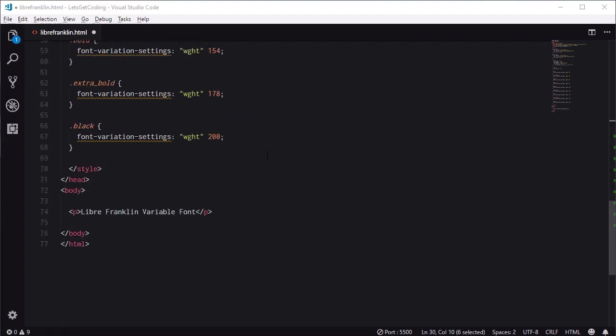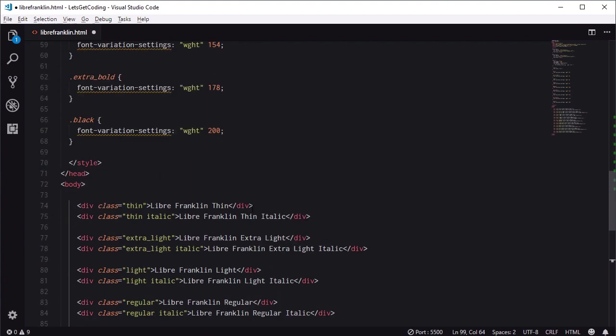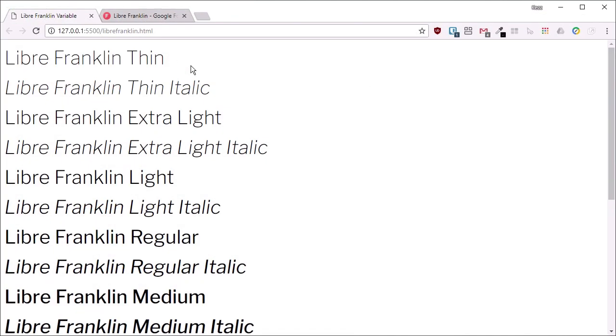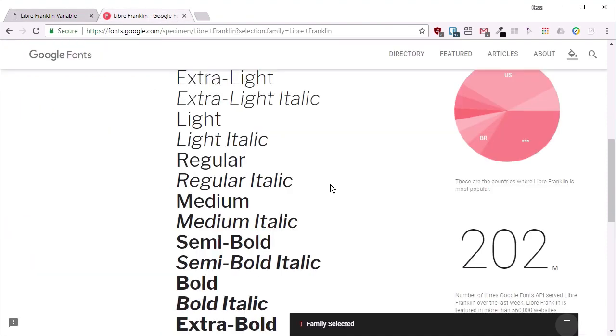I'm just going to add some text down below so we can demonstrate this. So we've got some text for each one of the weights that we've just recreated in CSS. So we've got thin, thin italic, extra light italic, and so on. So now let's see how that looks. And there we go. Sure enough, we now have all of the correct weights for our font. Everything that we see here